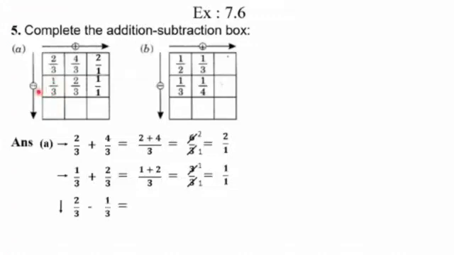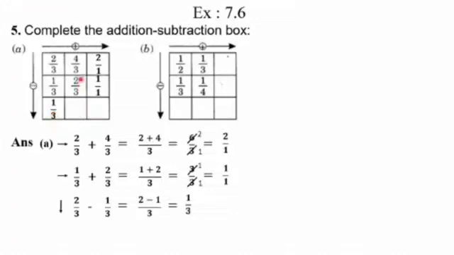As these are like fractions, 2 minus 1 will be in the numerator and 3 will be in the denominator. So 2 minus 1 will give you 1 upon 3. Now cancellation is not possible because 1 is there in the numerator. Now what you are going to do? You will write this here as an answer. Because we move from up to down, the empty column is for writing the answer. So written in the empty box, the answer 1 upon 3.